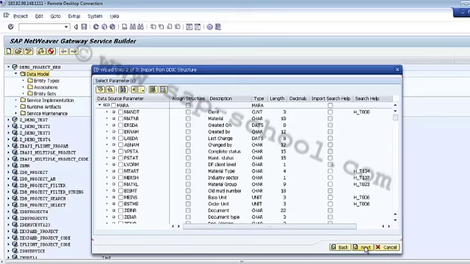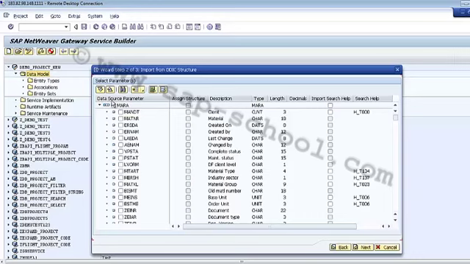Since we have selected the MARA table, I am able to see all the fields of my MARA table here. The columns which are editable in this window are the data source parameter, then the assign structure, and then the import search help.